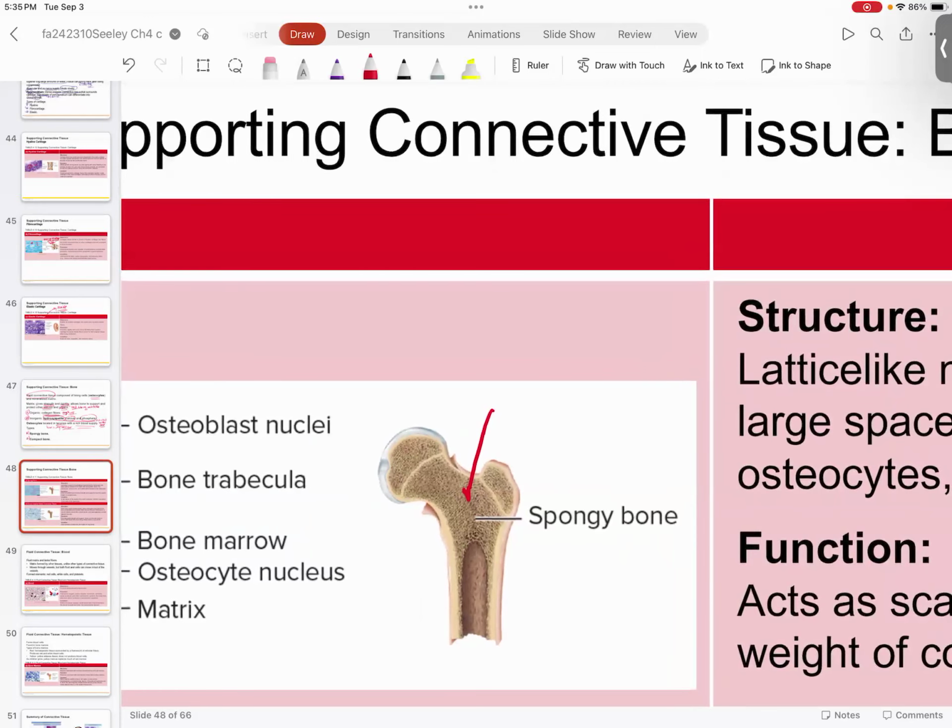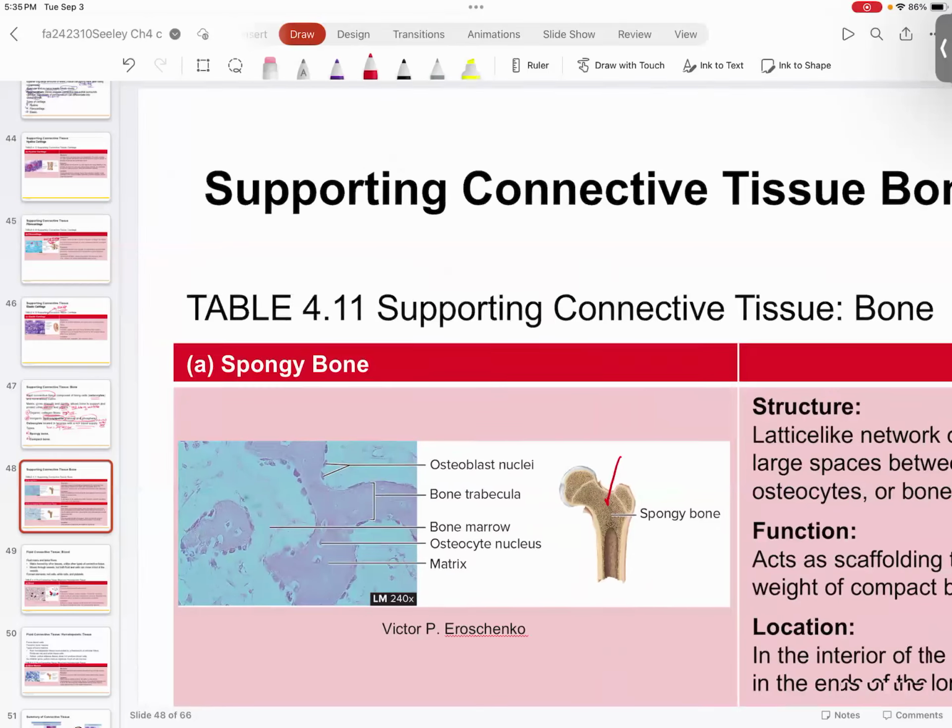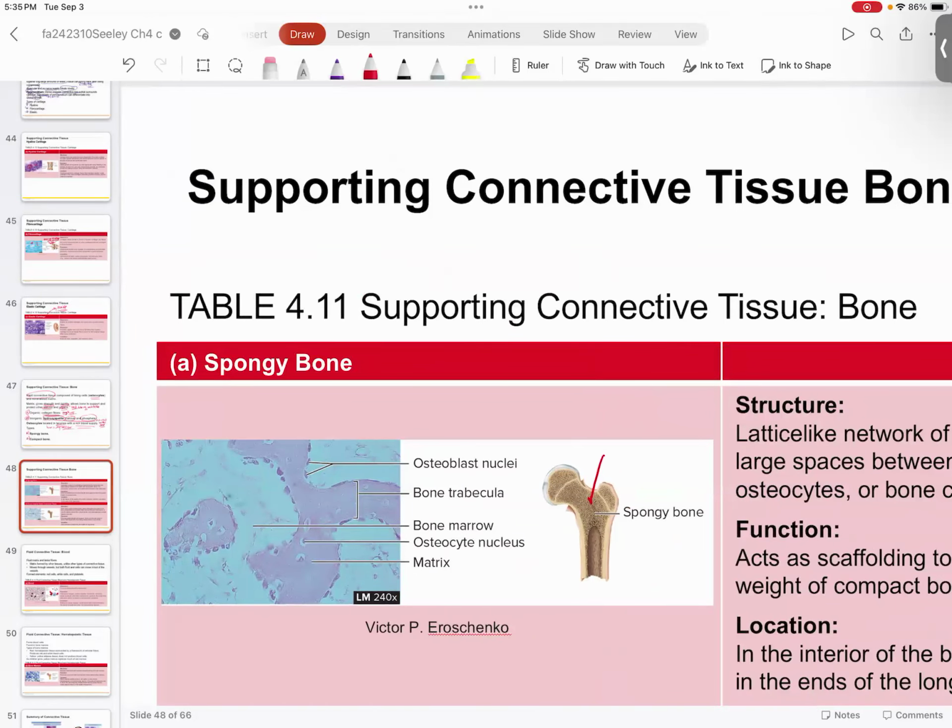So you have these little ribs of bone with all these little holes and things like that in between them. And when you take a look at them under a microscope, this is what it looks like. Here are these little rib-like structures. These are what's called trabecula. And then in between them are these little open areas. So this is a little open area here. And then you can see another trabeculum. We're looking at it in cross-section, head-on. And so you can see you create these little nooks and crannies